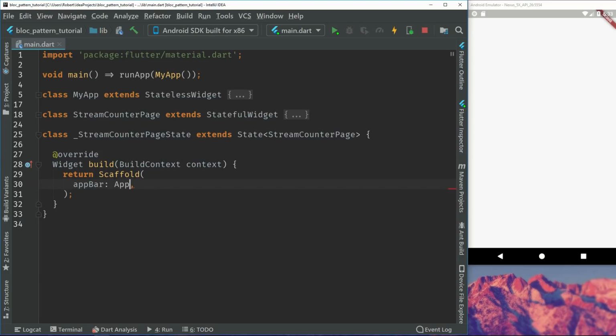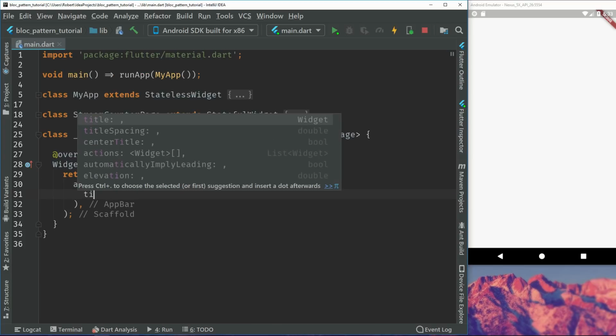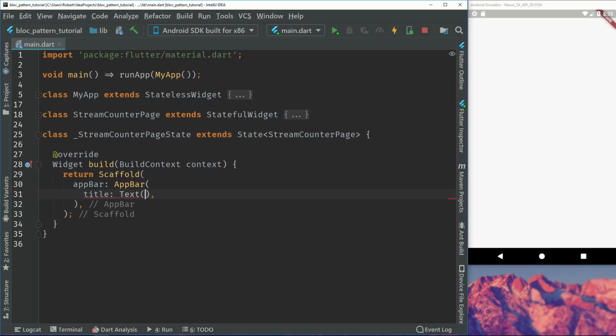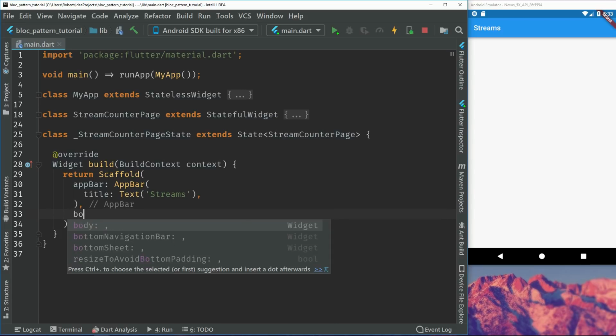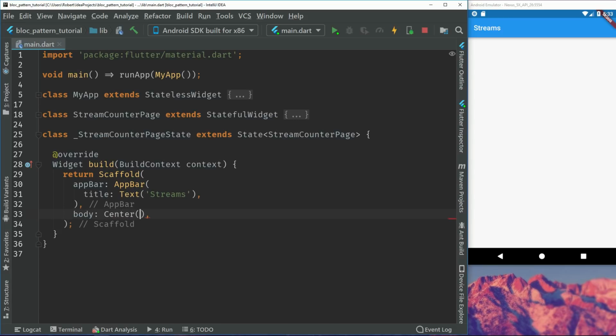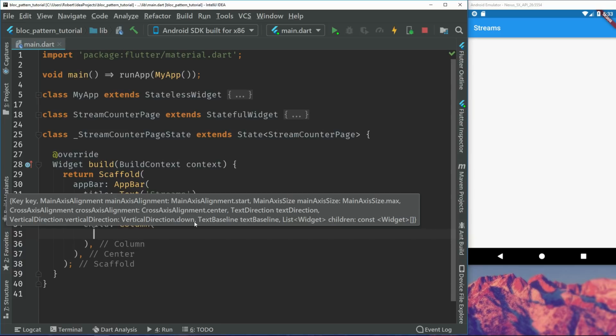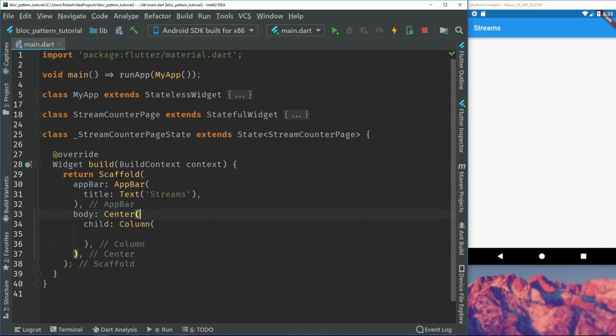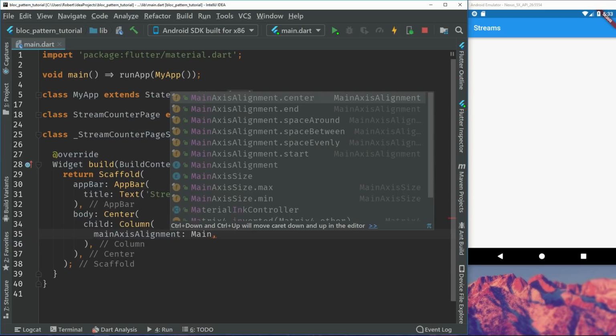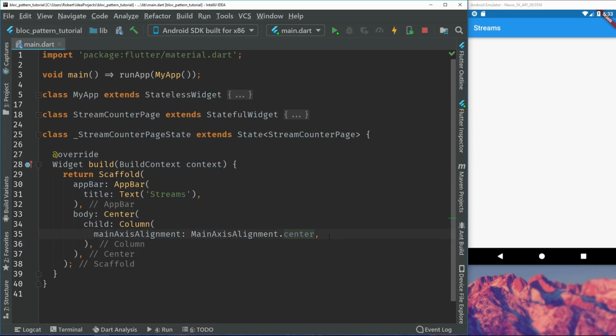So first off, we build the app bar. And for the app bar's title, we will just set something like streams. And then for the body, we will start off by building a center widget. And for the child of a center widget, we'll have a column. And we will set some properties to this. So the main axis alignment, we'll set that to the center, so we can get our counter to center. And for the children,